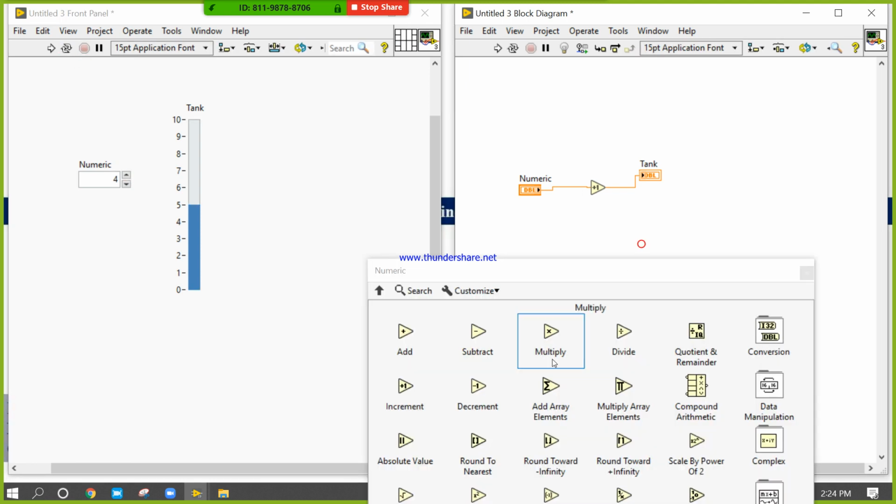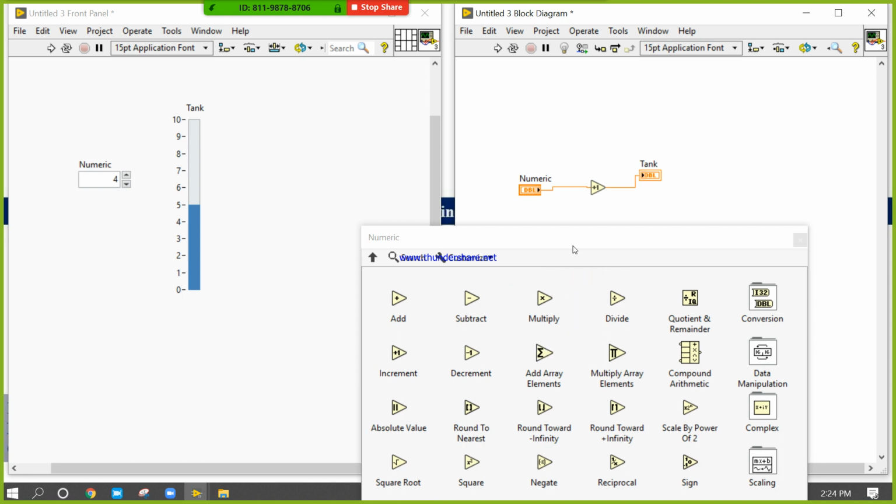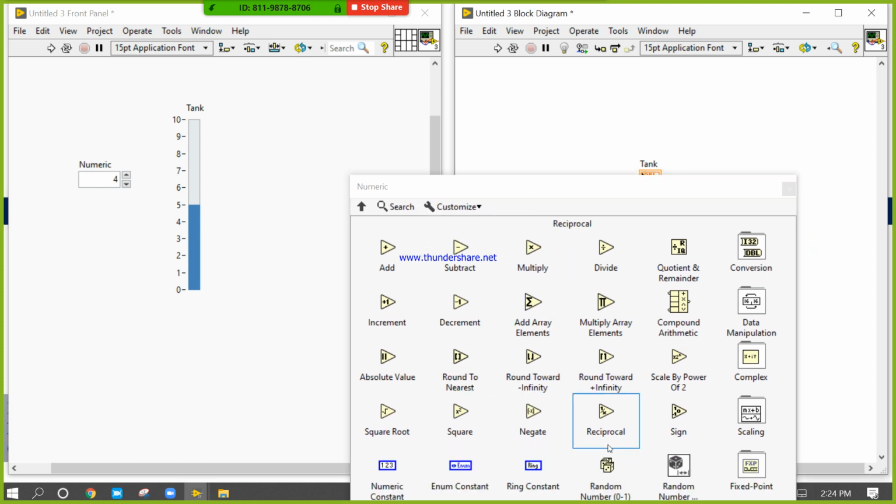You can also use the decrement function. You can use the square root function, square function, negate function.